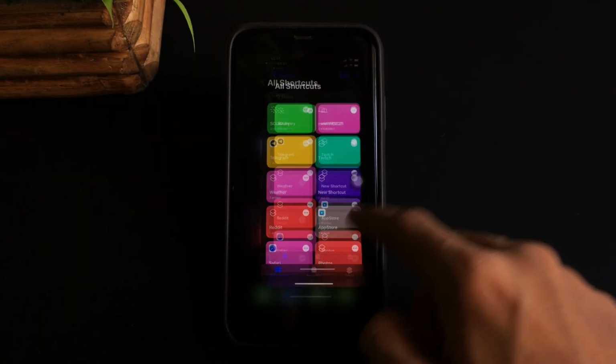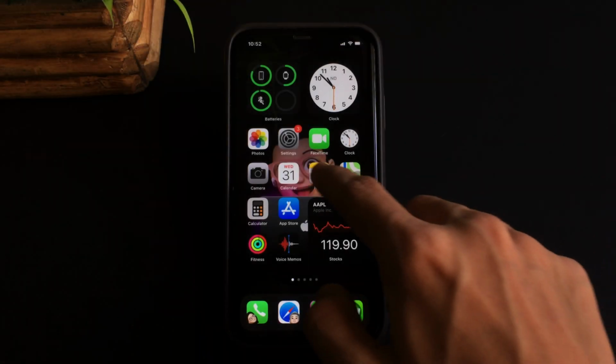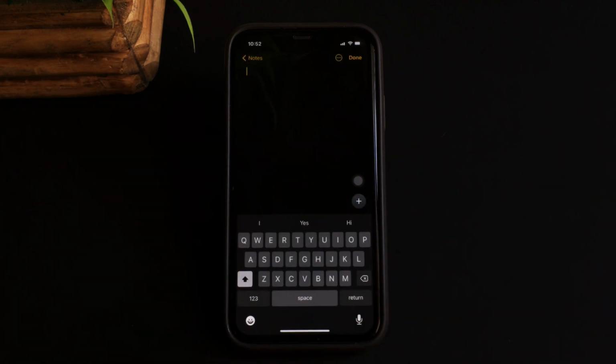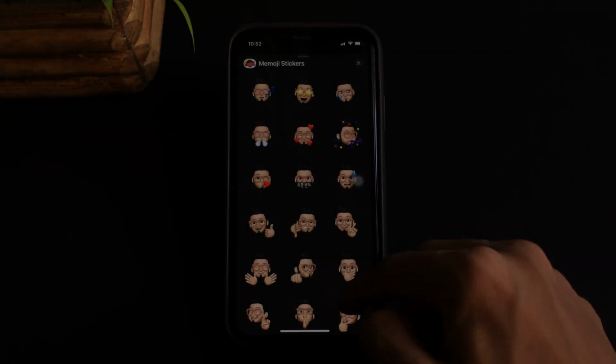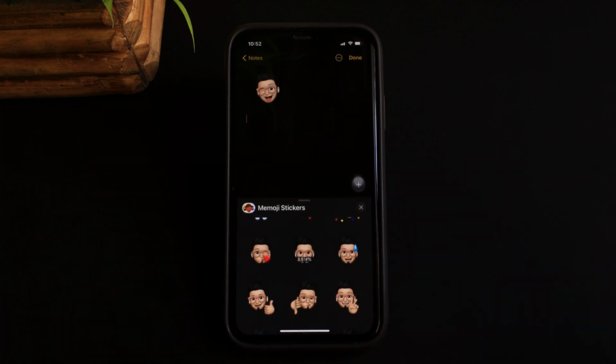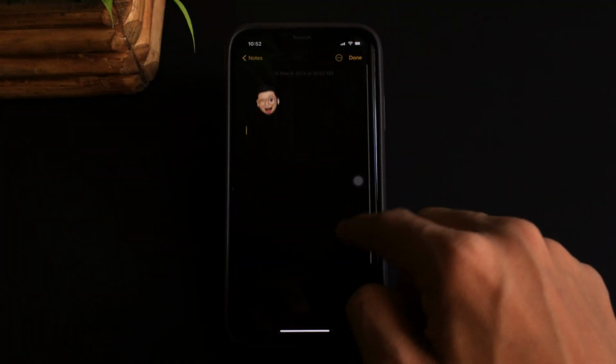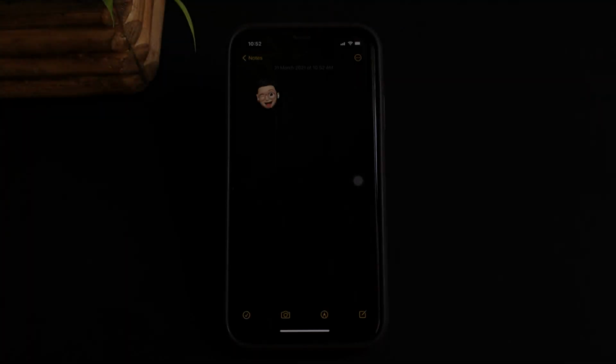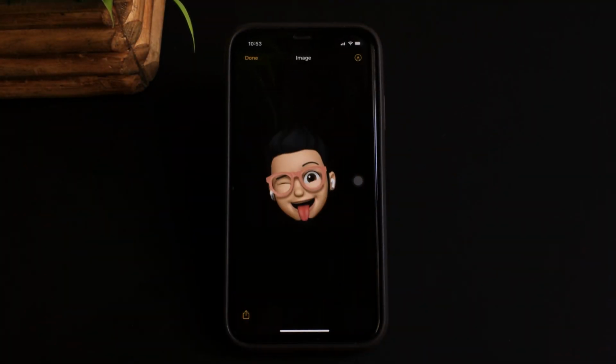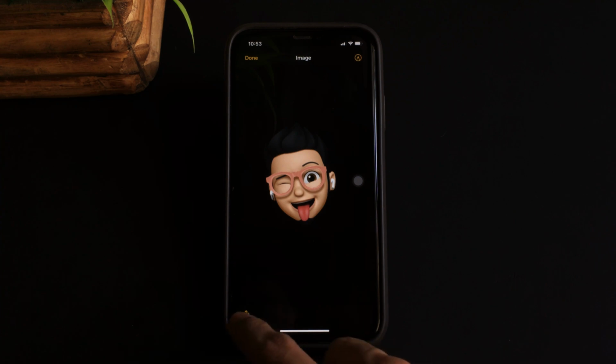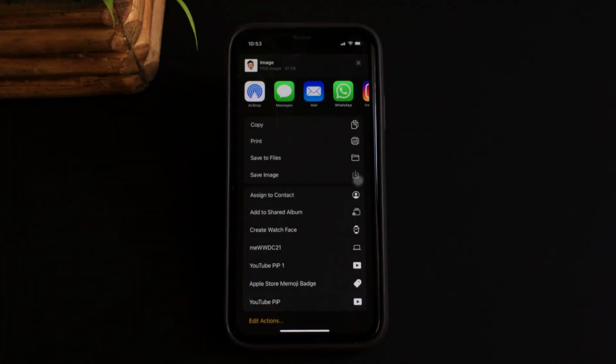Once both the Siri shortcuts have been downloaded, now you need to open the Notes app on your iPhone and create a new note. Within that note, just type your favorite Memoji sticker and then close the keyboard. Click on the sticker and click on the share button. At last, just scroll down and select the action that says Me